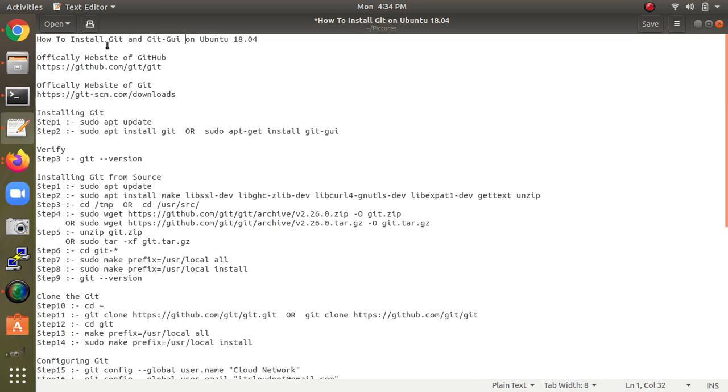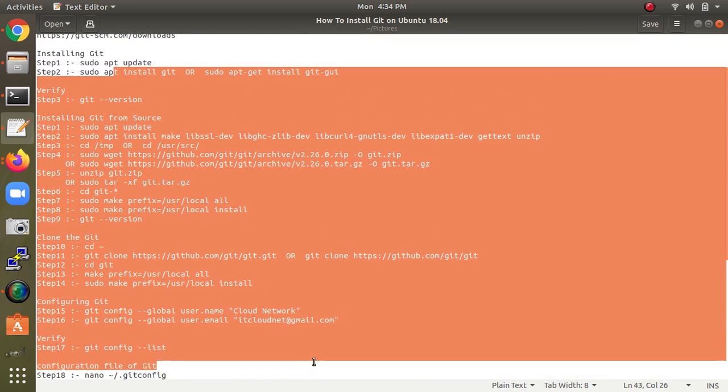So I am going to install Git and Git-Gui on Ubuntu 18.04 LTS, which I am using. You can also install this on Debian and Linux Mint. The method is the same for this installation, and you can find all these commands below my video in the